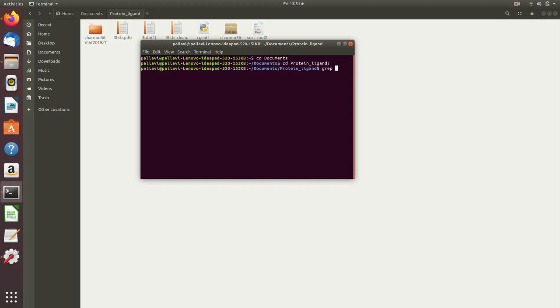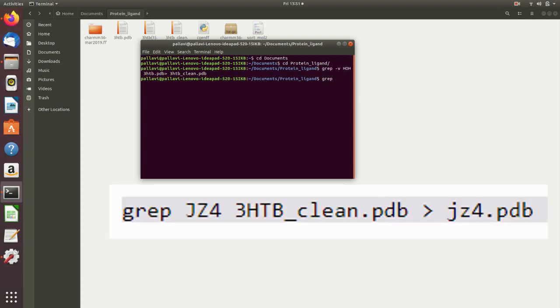You can first start by removing HOH atoms from the protein 3htb.pdb to 3htb_clean.pdb. Now from this file we can separate our ligand molecules by grep JZ4 3htb_clean.pdb to jz4.pdb.